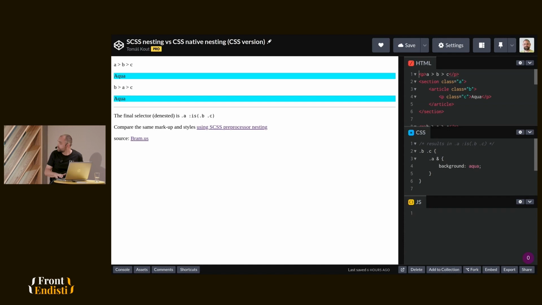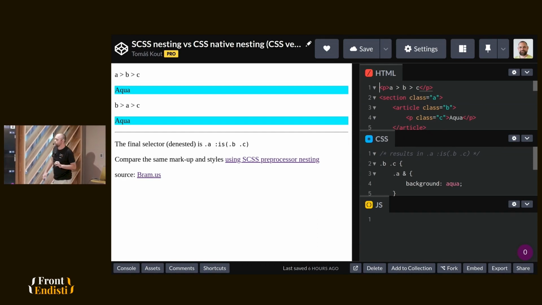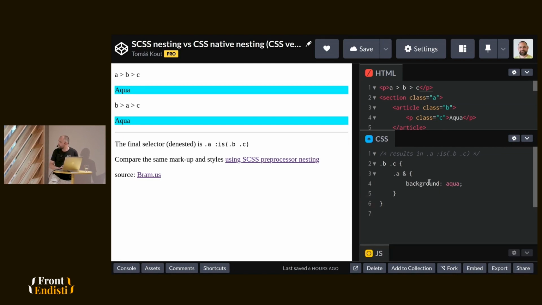Okay, I know it's small, I know. So this is CSS native nesting. We don't need JavaScript, surprisingly. So this is it.